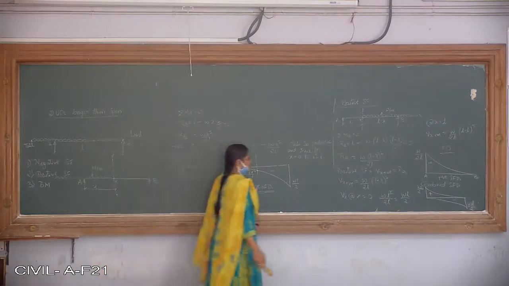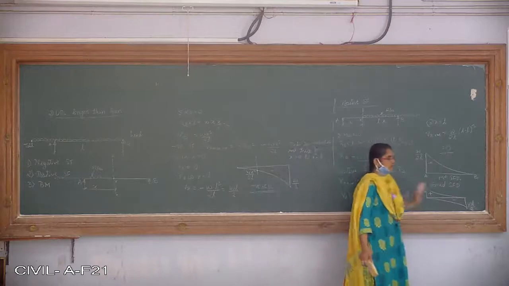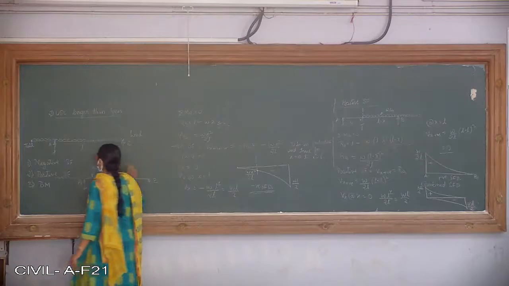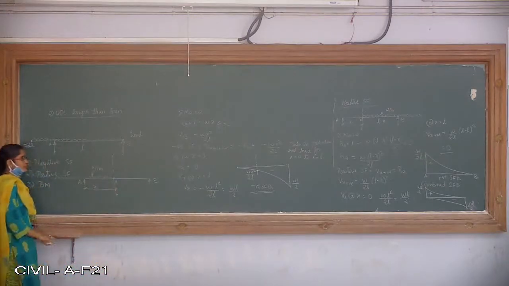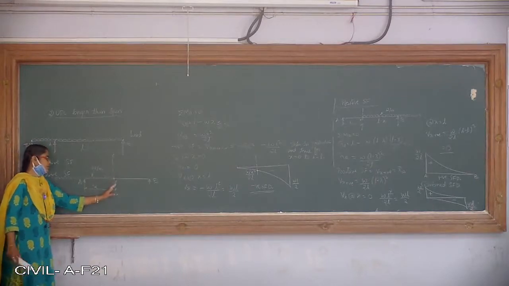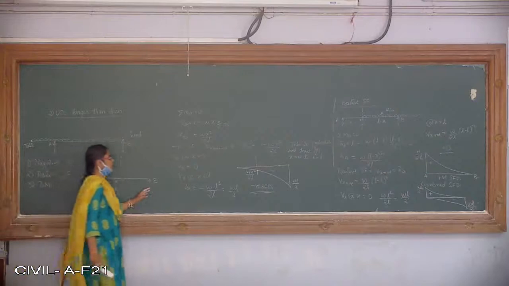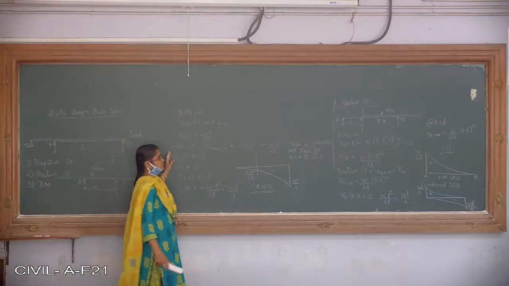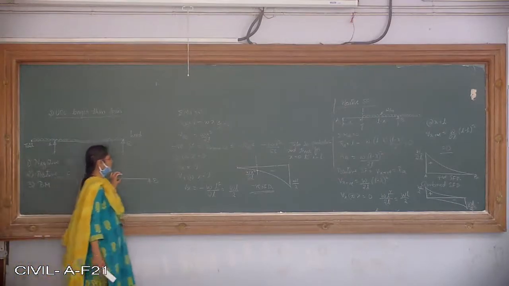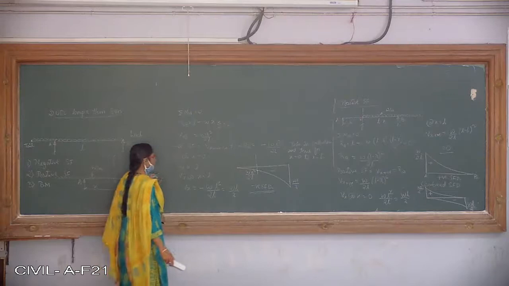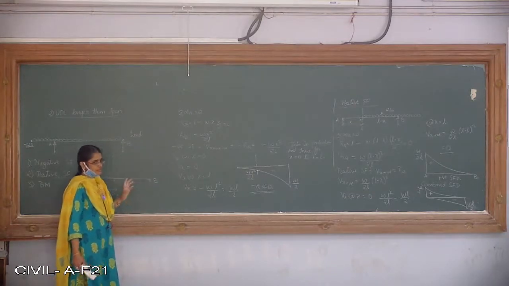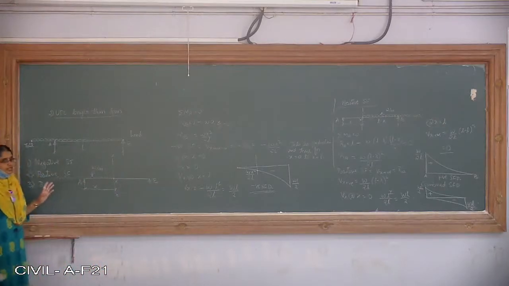Is that clear? So for UDL longer than span, we have calculated the positive shear force and negative shear force values. What did we do? We placed the head of the load at the section line only and calculated the value of RB, which will be my negative shear force. Next, I place the tail of the load exactly at the section line and the load is in the portion of Bx, and I calculate the value of Ra, which will be my positive shear force value. Hope that is clear to you all.